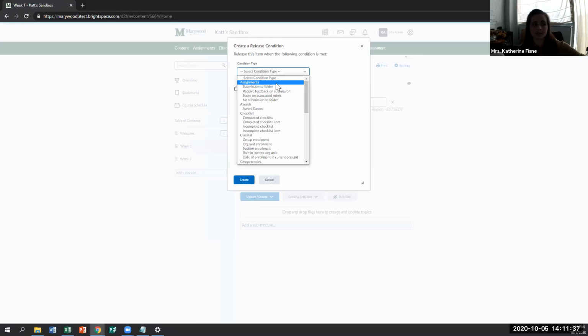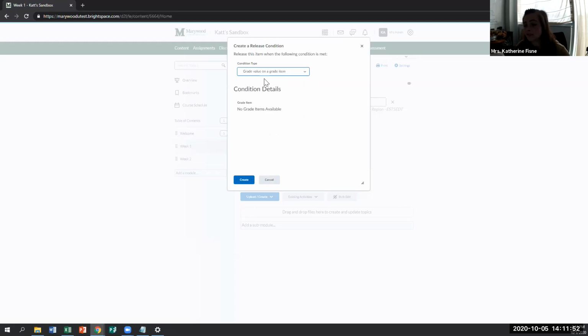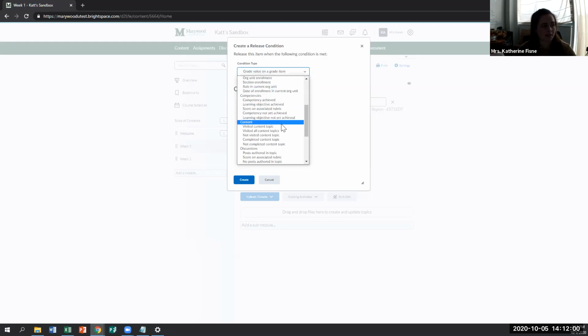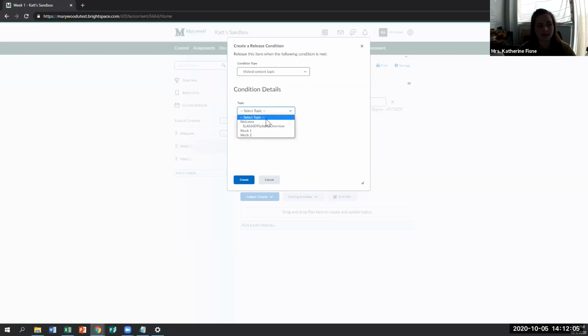And there's all sorts of different things that you could do and say, like, maybe this unit's only open to people, like it's a remediation unit. So you could do it based on a grade. So you can see maybe their grade value on a certain quiz is less than 70%, so you release this remediation unit. Or there is a content feature here, so you could say maybe they visited a content topic. So they looked at this PowerPoint, and then that opens the week up. So you could use different things there,